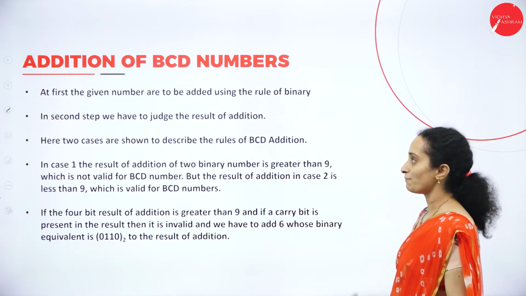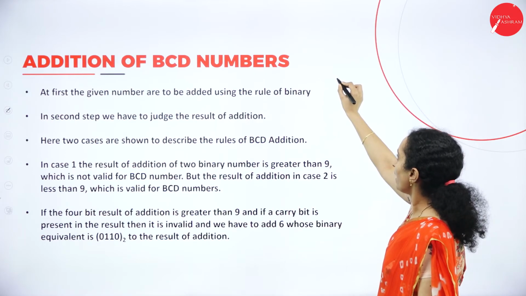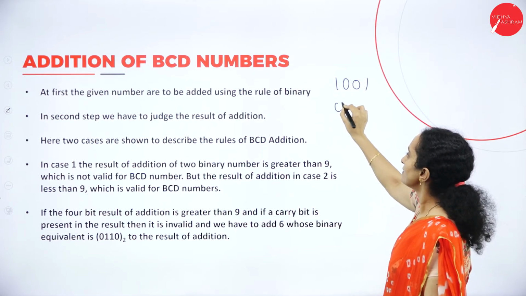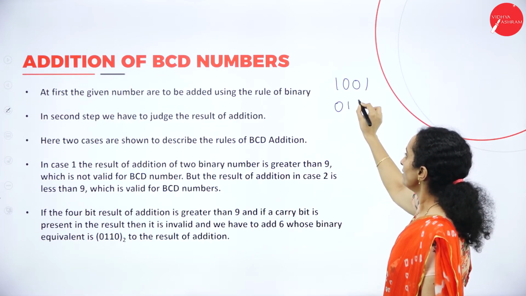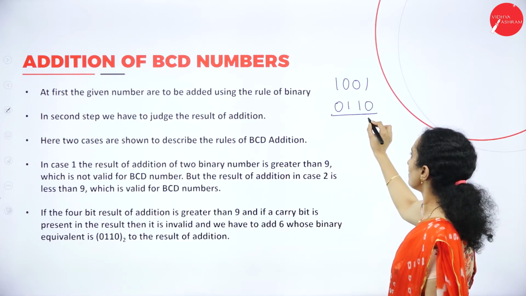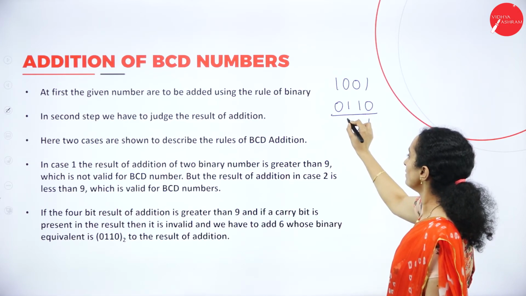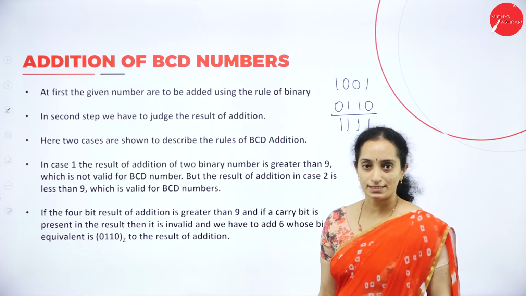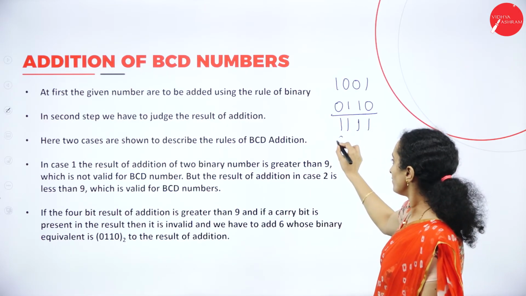If you take the example, if you want to add 1001 and 0110. So if you add this it will become 1111, which is not a valid BCD number. For this, you have to add